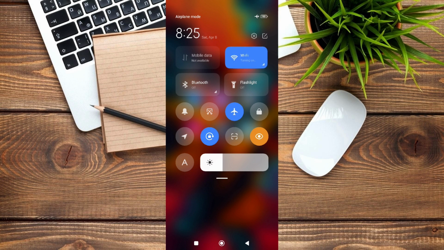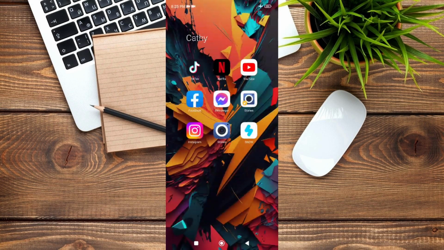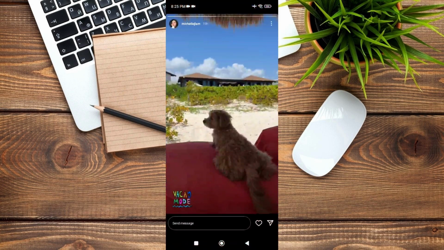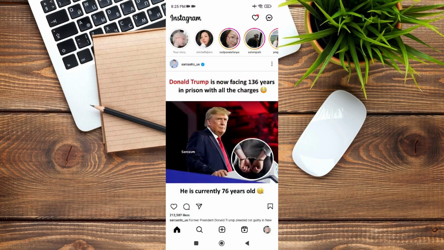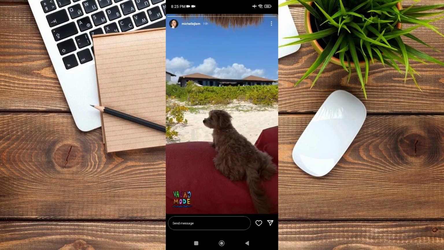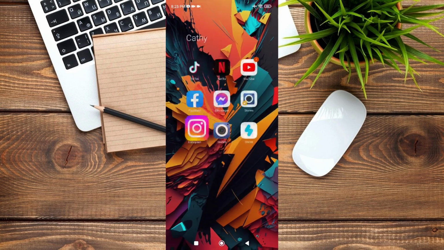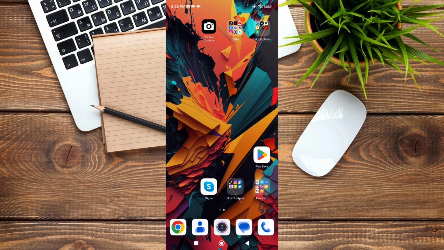Okay? All right. So once you're in airplane mode, you go back into Wi-Fi. And once you're connected, you go to Instagram and now you view that person's story again. But here's the thing. Once you're done, so that they will not know that you are viewed their Instagram story,